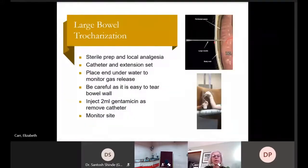So the goal is, here in the picture on the upper right, this would be let's say the right paralumbar fossa. So we have this gas-distended cecum that's right up against the body wall. And I would palpate and feel it, but then I would also ultrasound through the body wall here and see body wall and gas. So I know that if I stick a needle in, I'm going to enter this gas-distended viscus. So once I've confirmed that I feel comfortable that this is a safe place, and let's say in this situation, I'm in the right paralumbar fossa, just like this picture here,